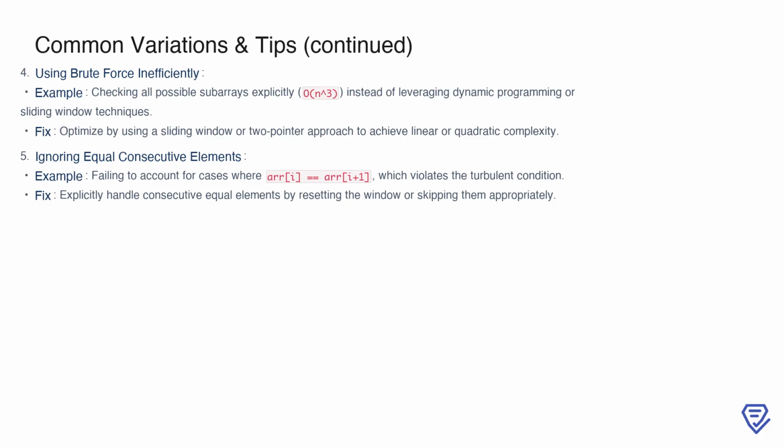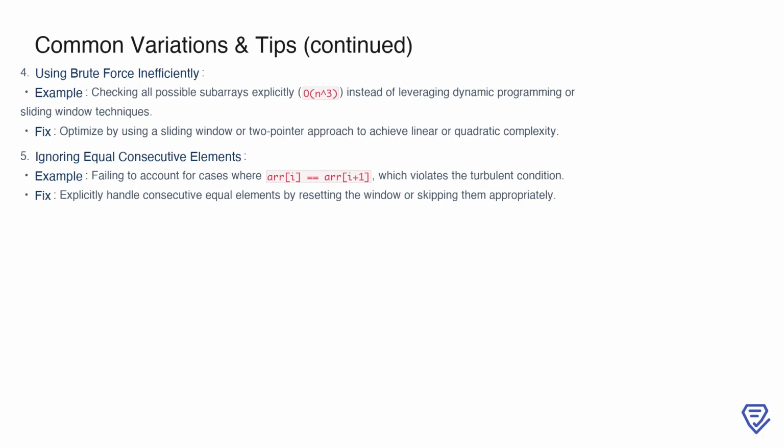Another area where mistakes often occur is using brute force inefficiently. Trying to explicitly check all possible subarrays results in a time complexity of O(n³), which is far too slow for larger inputs. Instead, you should aim for optimized approaches like sliding windows or two-pointer techniques, which can reduce the complexity